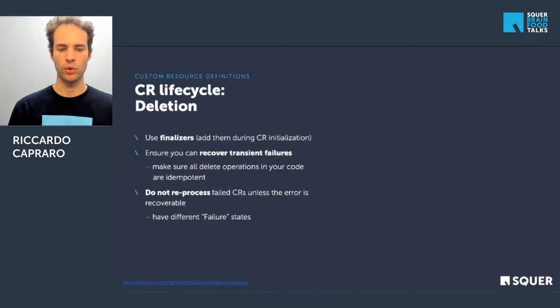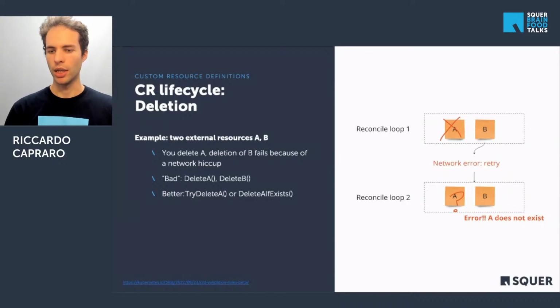And here it's very important to be able to recover from transient failures. This basically means that, and here we have an example, if you have a reconciliation loop where you're deleting external resources and one of them succeeds, so we delete resource A and the resource B deletion fails because of some network error, then what you really want to do is not do delete A, delete B, but